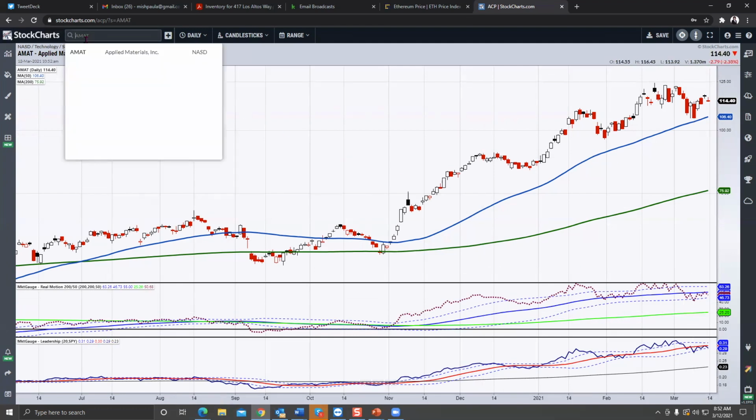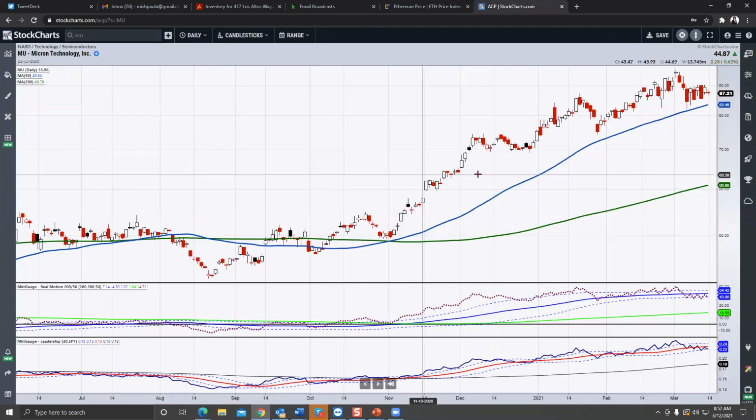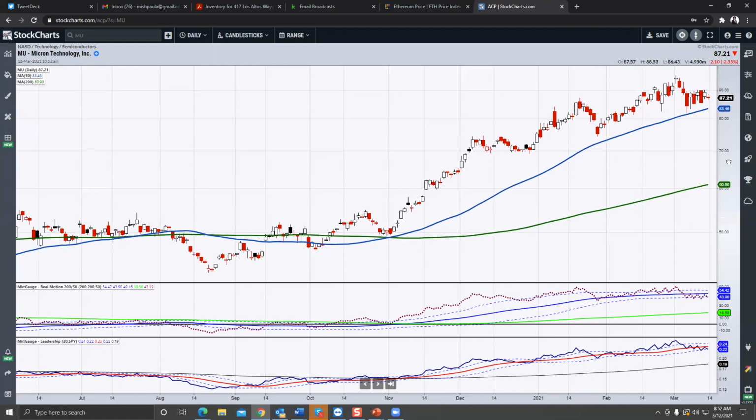The next one is Micron. Now, semiconductors have barely been weak. This also is showing divergence here while it's above. And it's the same kind of thing. It either has to clear 90, and we've got to see this go over the 50, or we want to see what happens if this gets under the 50-day moving average and holds this recent low at 81.85. But right here, we're smack dab in the middle,